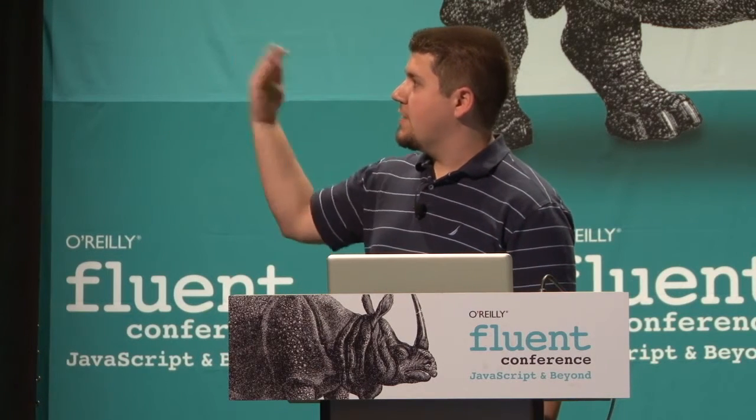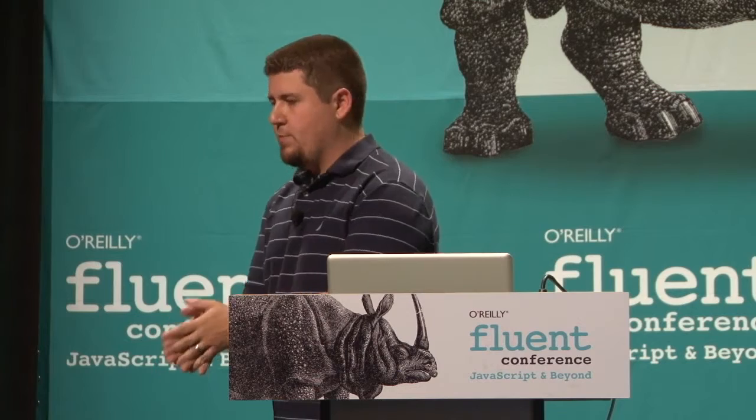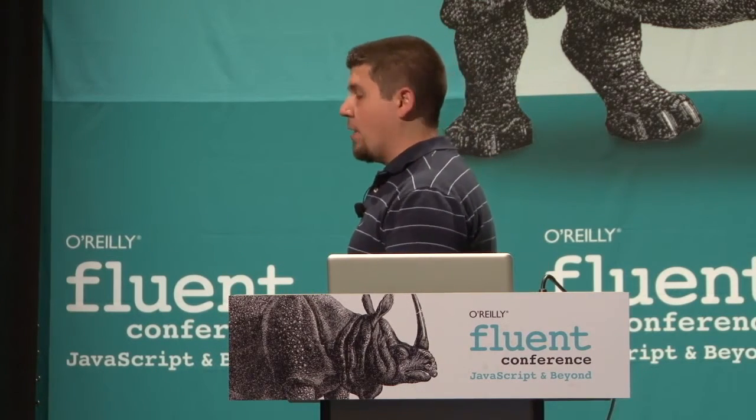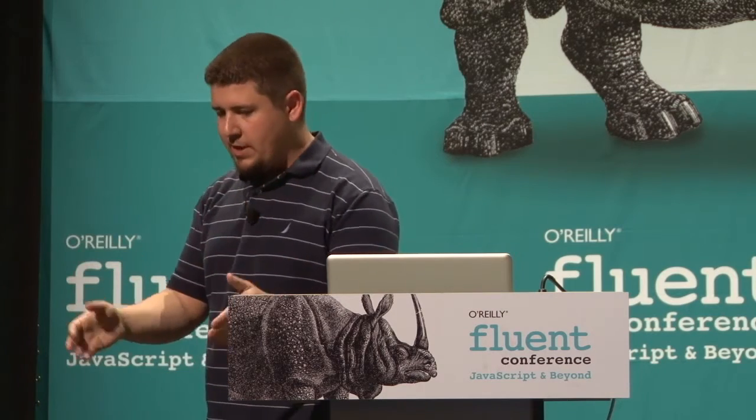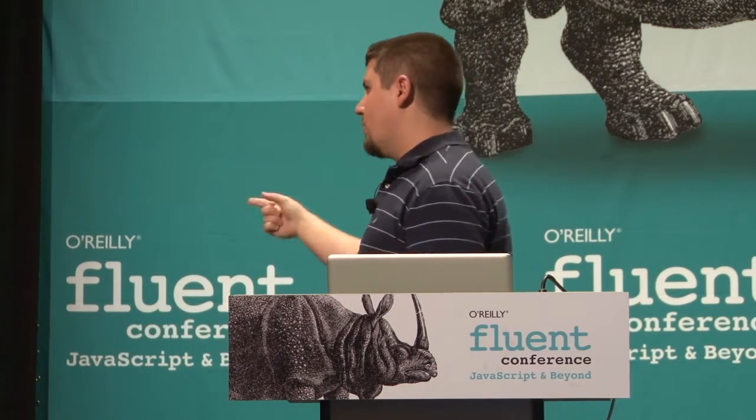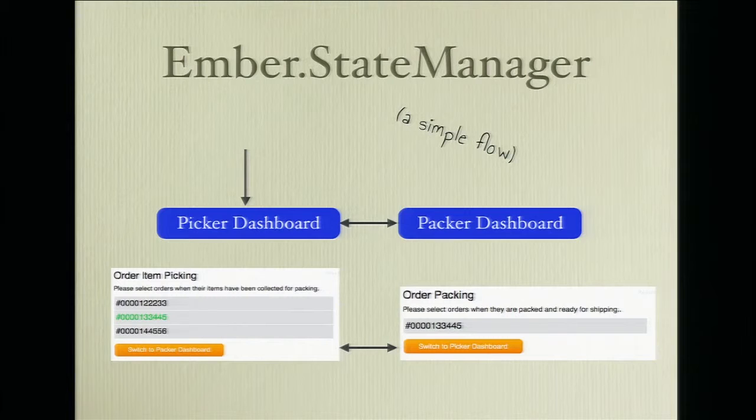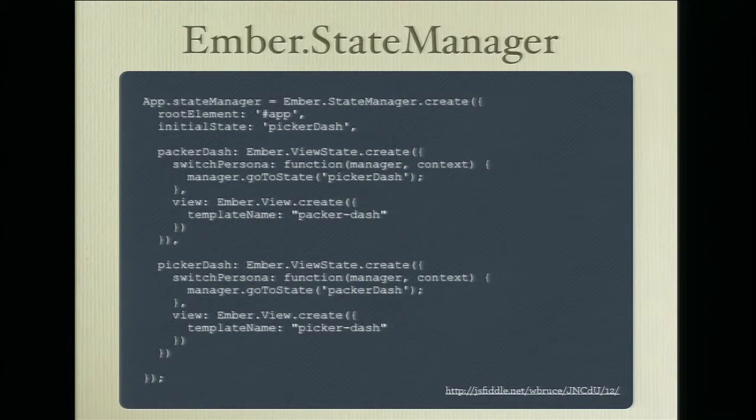flow. So for instance, let's say there's two people in this order fulfillment system where there's one guy that goes and picks up all the items for the order out of the warehouse, and there's another guy that packs it. So in this case, I wanted you to be able to go to the application and see the picker dashboard and be able to switch over to the packer dashboard and switch back and forth at any point. And these are just view states, so you can create states that have nothing to do with views that you just want to model the behavior of your application using a finite state machine, which is a good idea with